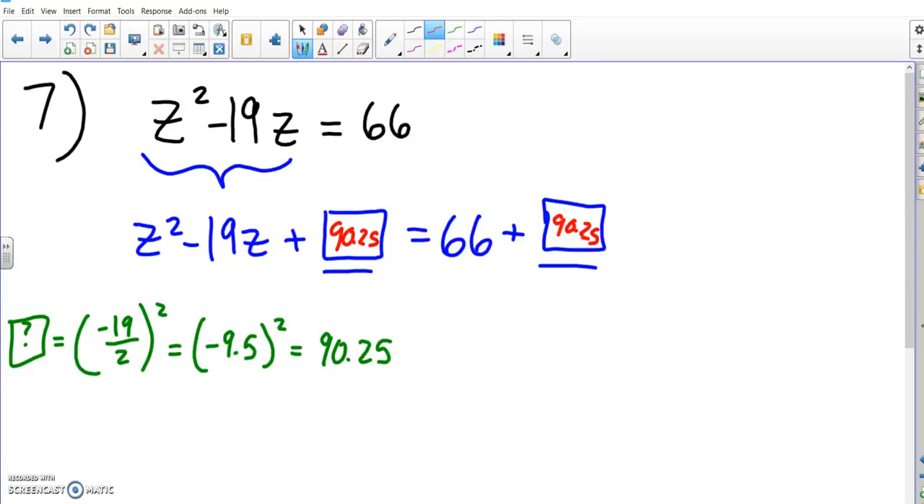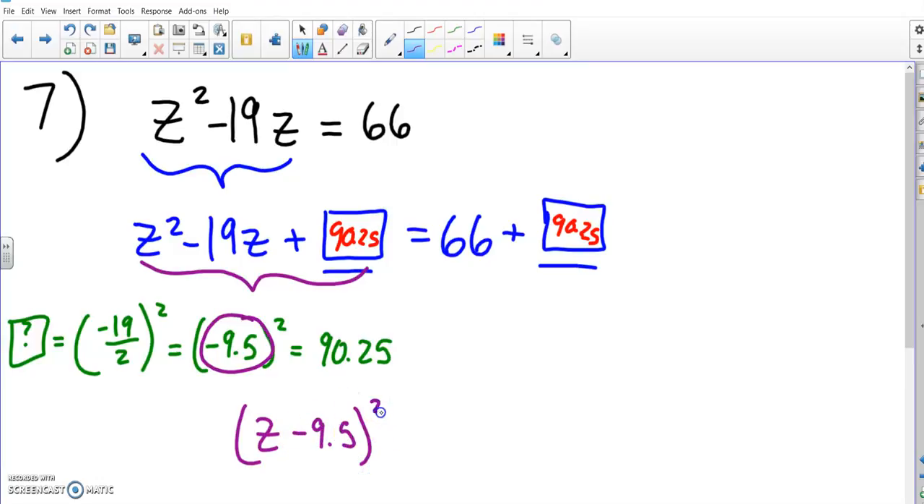90.25. So writing that 90.25 inside of the square actually created a perfect square trinomial on that left side. So that can be rewritten as z plus whatever value we initially squared to get that number inside of the box. So in this case, it's going to be z minus 9.5, that entire quantity squared. If you were to go through and multiply that back out, it would give you this same expression that we have right here. And then that's going to equal 66 plus 90.25, which is